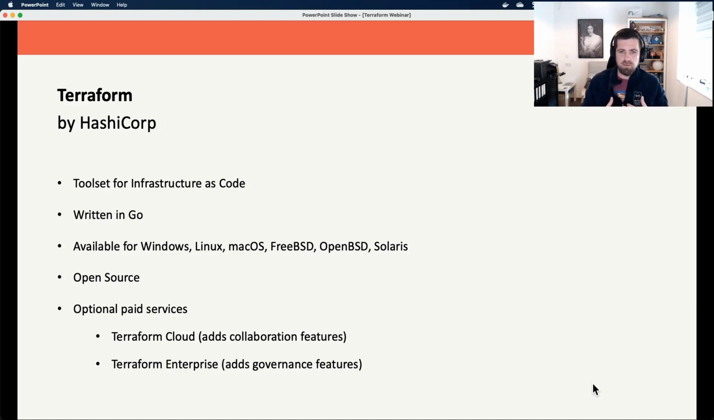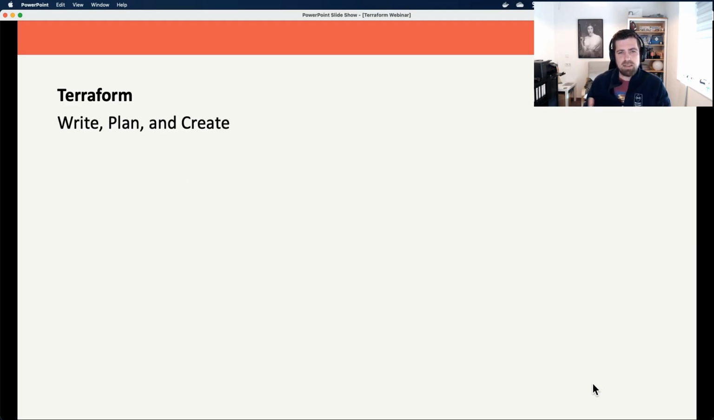You ensure that the user account is able to execute the binary, and then you're good to go. So that's a little bit about Terraform and what it is. And basically, Terraform addresses infrastructure as code